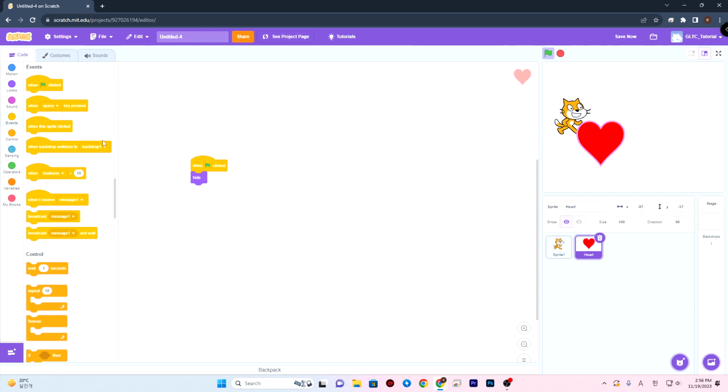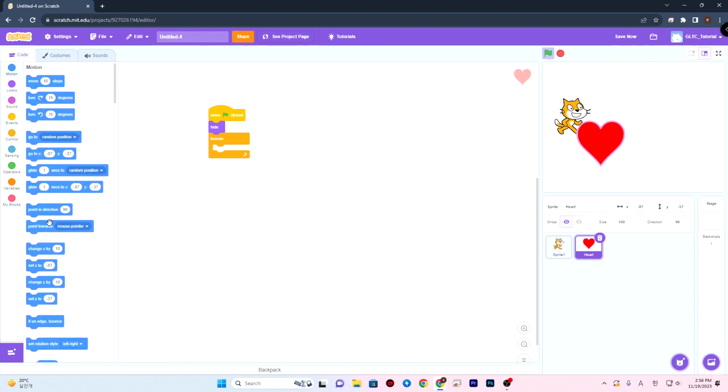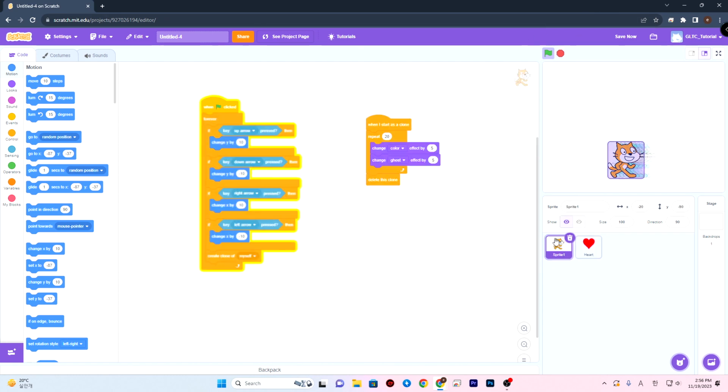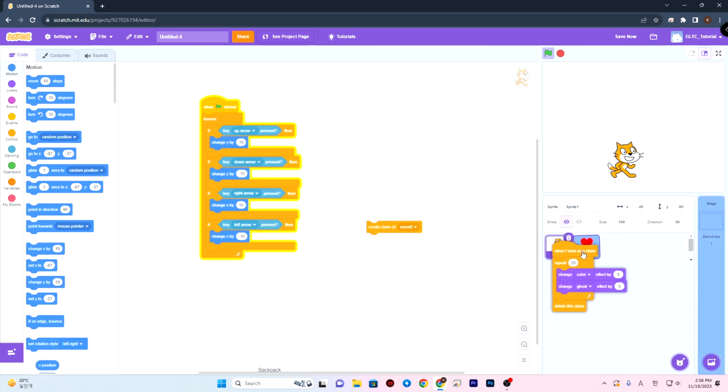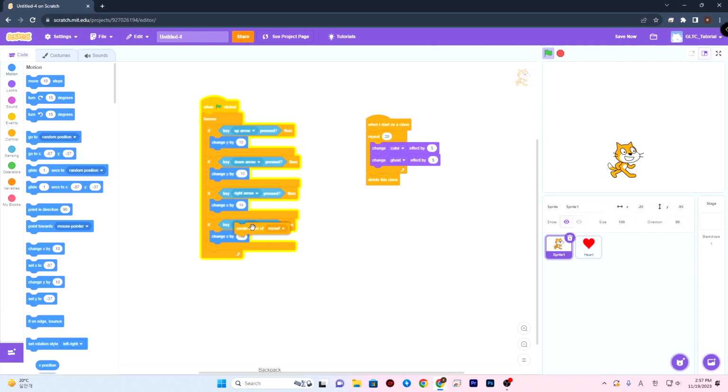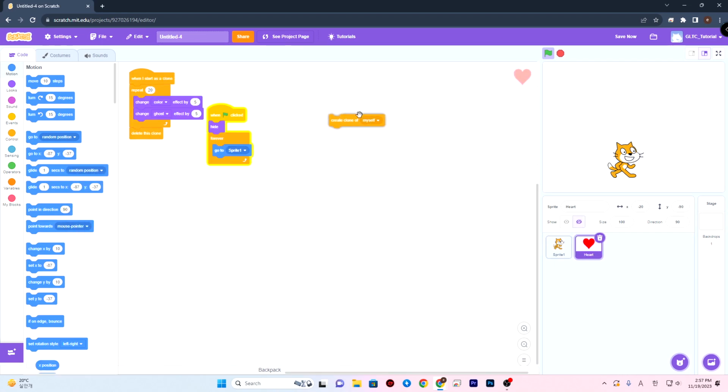When the green flag is clicked, hide, and then it should be forever in place of sprite 1, in this case our cat. Then it will always be here. So just delete this. I will just move this, drag and drop to the sprite, and it will be a copy and paste. So here,